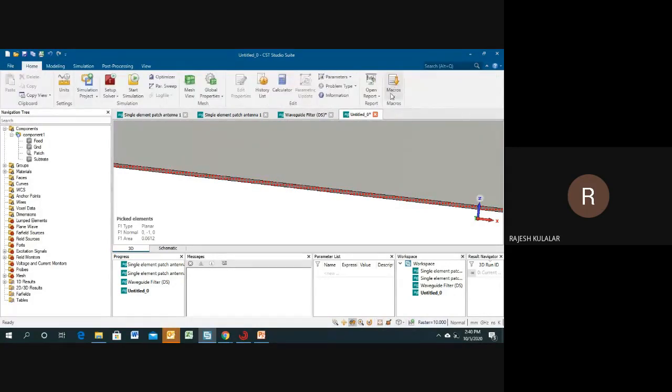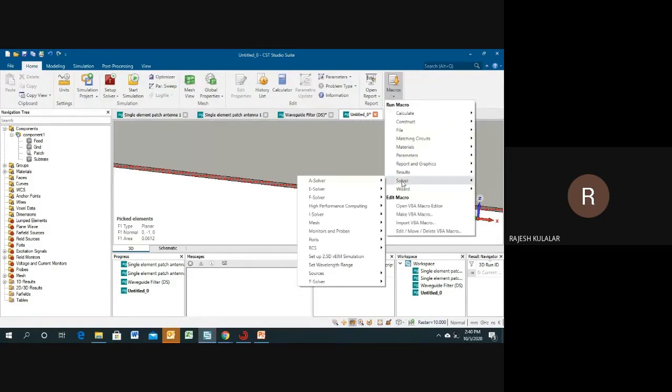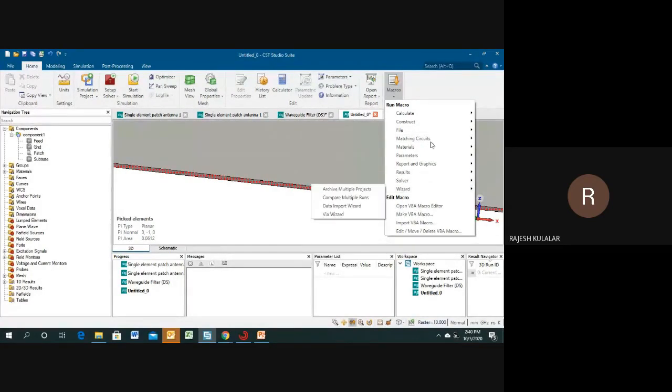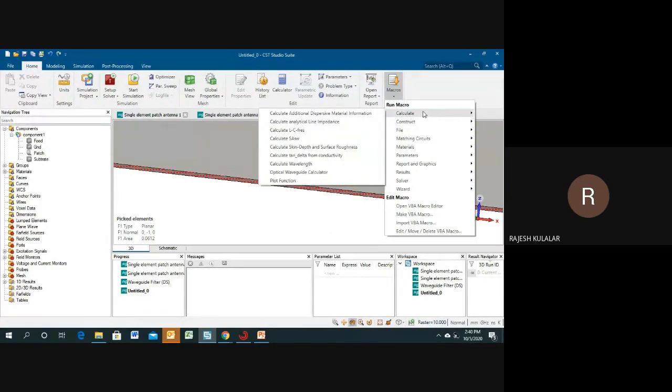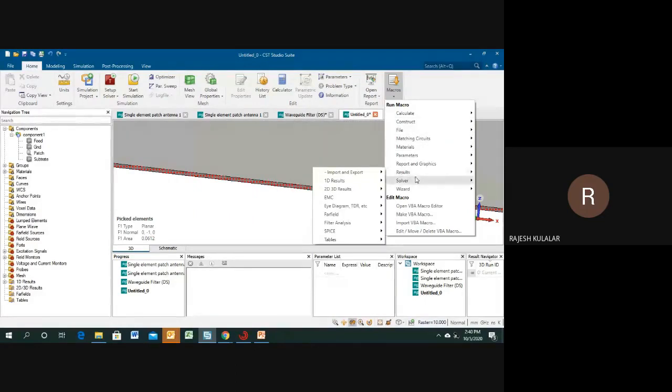And after that, where do we need to go? Just go to solvers, ports, and calculate text. From here you can see macros already have lots of applications and lots of templates and lots of predefined parameters you can define from macros. You can use the macros. Macros is very useful for research applications.